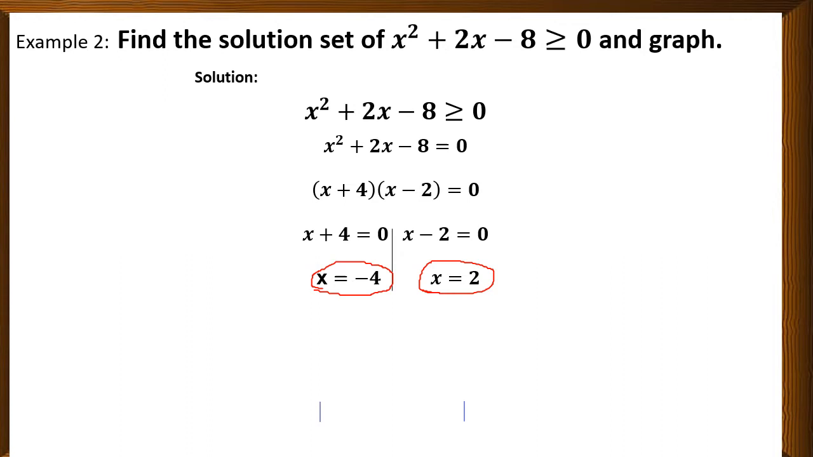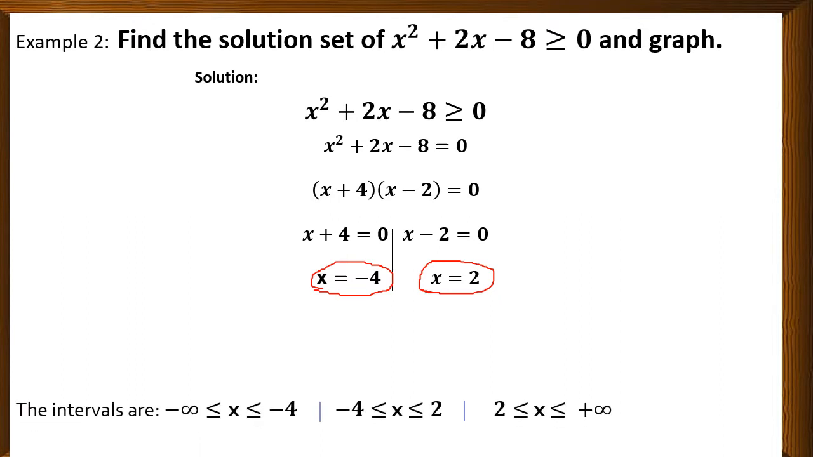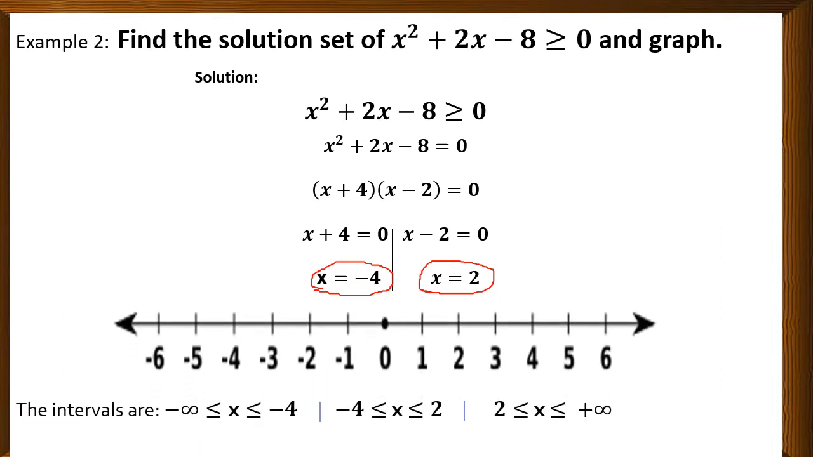So this time, we are going to use solid circle or closed circle since we are dealing with greater than or equal to symbol. So at -4, we have here a solid circle, and at +2, we have also a solid circle. Now,